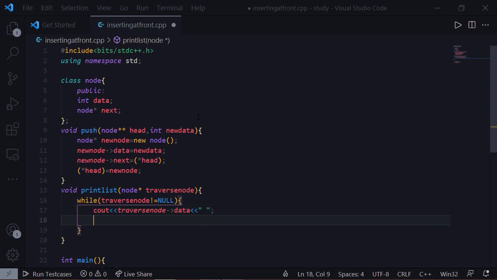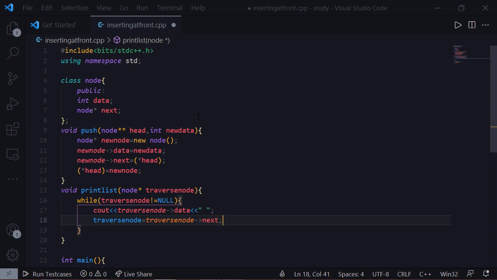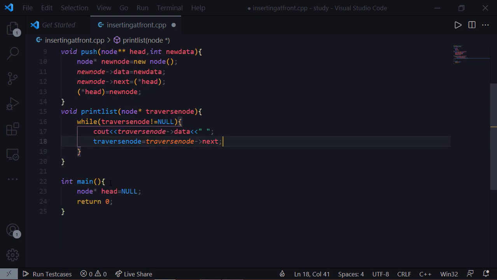So we will move the node to the next of this node, which contains the address of the next node. This condition is very important, because only by this condition can you traverse through the whole linked list. So our print list function is also completed.